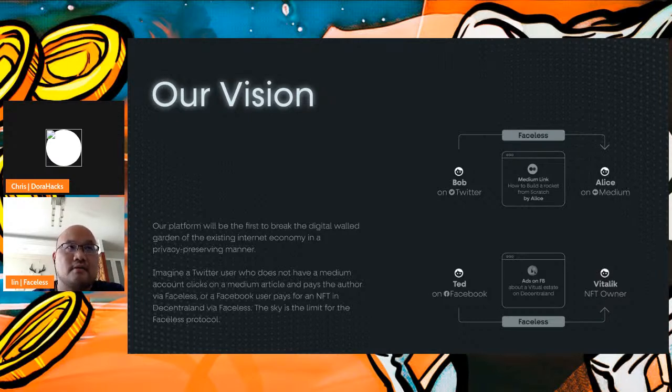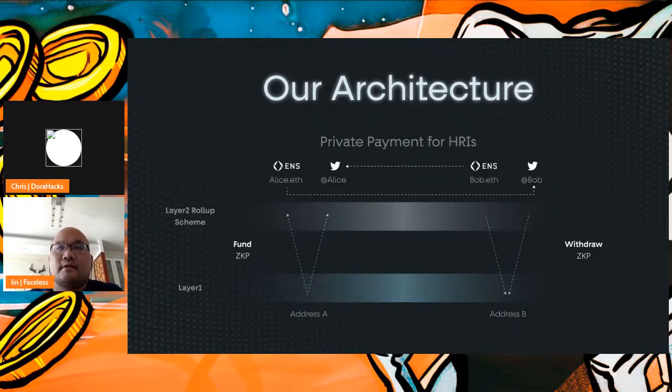You can also use Faceless protocol to complete the transaction. Right? So basically, there are tons of use cases. The sky is the limit. So here's our architecture. It's going to be a layer 2 payment protocol that can be deployed on any kind